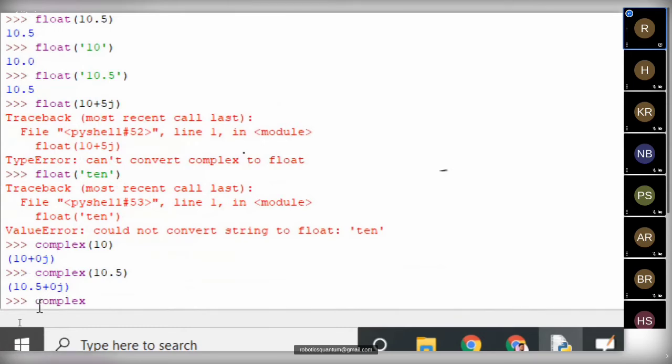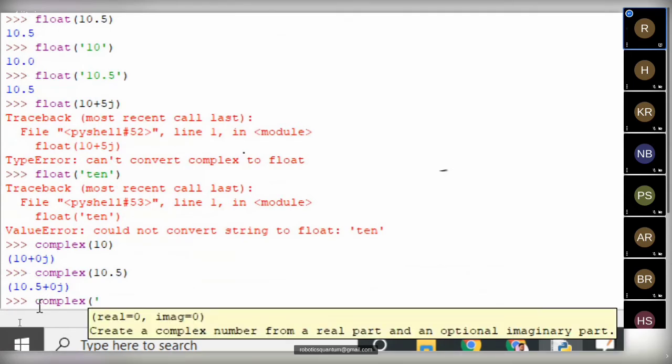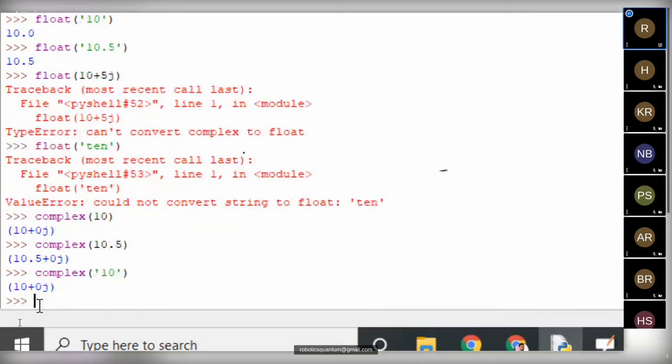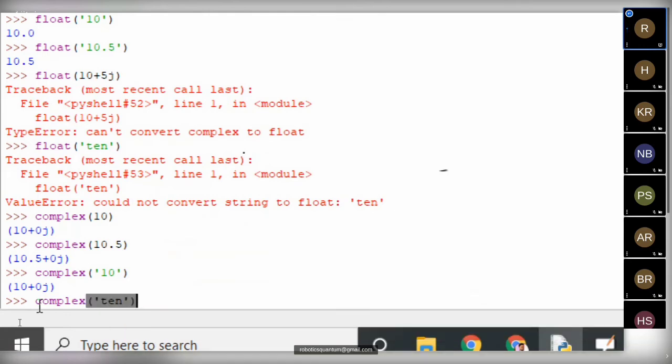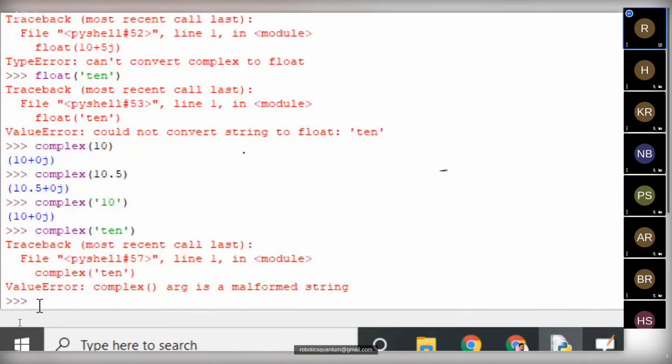Complex of a string like 10 plus 0j is fine. Likewise, complex of a general string raises an error. It's not possible to convert. A string literal is not able to convert to complex. That's the thing you have to remember here.